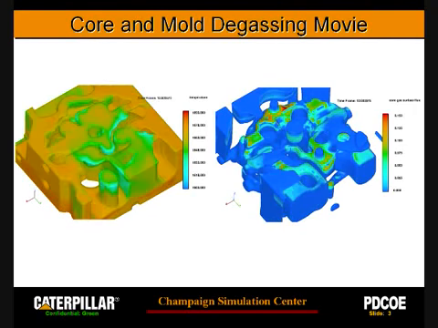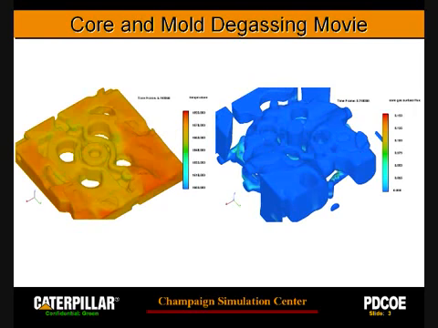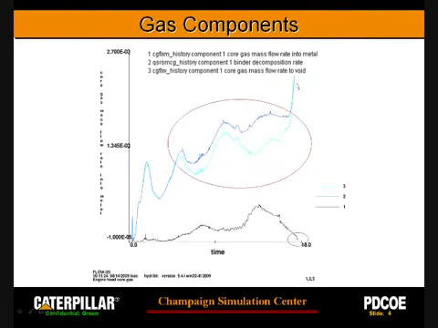Okay, I'll move on to the next page. This one is an abstract view of what's happening to the core. Overall, how much gas was generated, how much gas is flowing into the mold cavity, and how much is actually emitted into the liquid metal, and at which stage during the filling most gas is generated. And at the end of filling, is there any more gas still emitting from the cores?